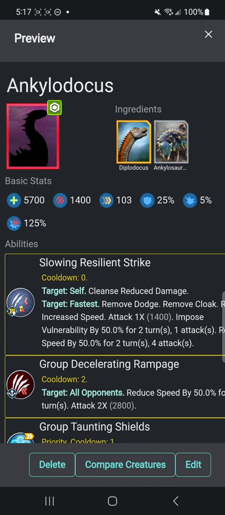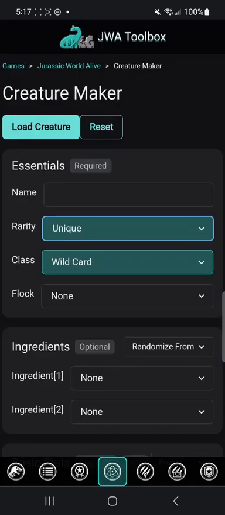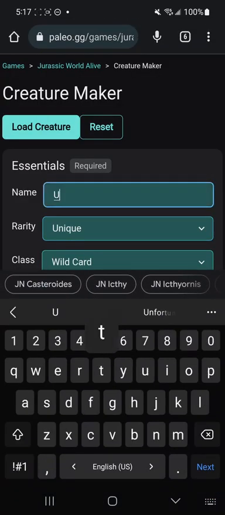Ankylodocus is a dinosaur that I do want in Jurassic World Alive someday. Notopada Titan doesn't count. It's not the same. It is different. I know it's JWA's way of saying we have our own version, but it's not the same. And we're going to end off the video with